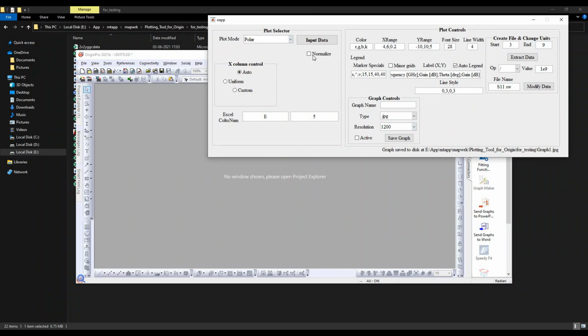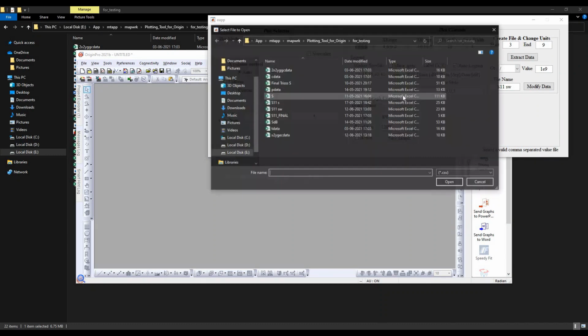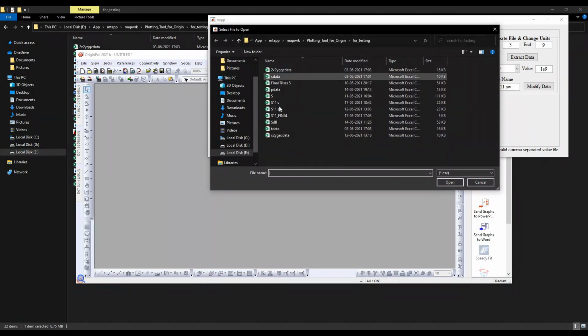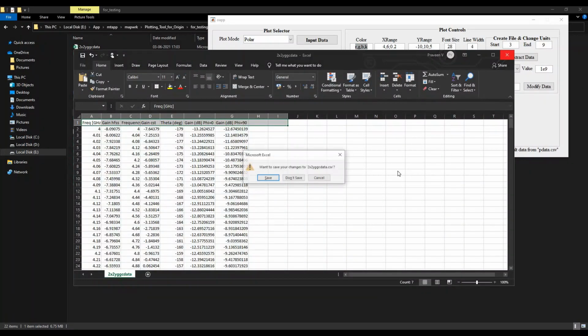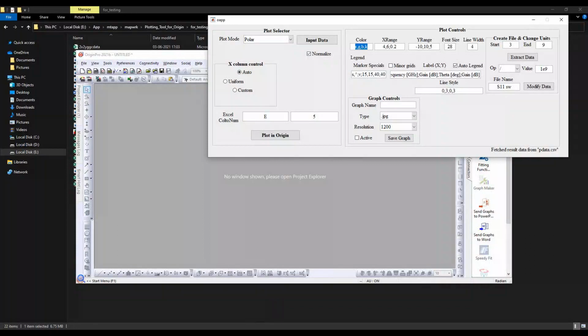Now we will move on to the polar plots, and I will not want to plot the normalized data, so I just tick this box and input the polar data. So yeah, this is the polar data file. I will show you the structure of the data.